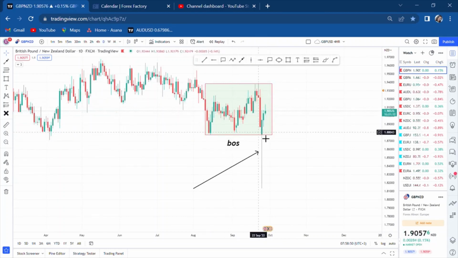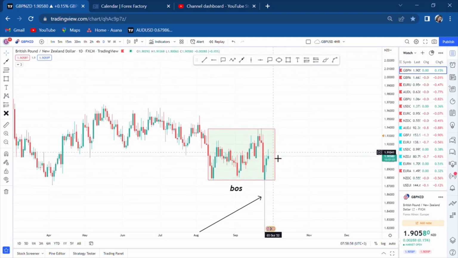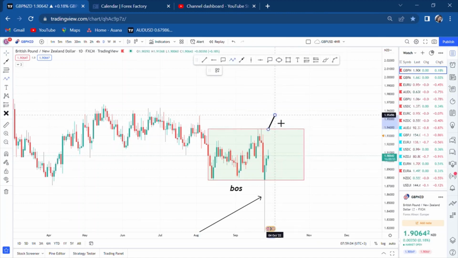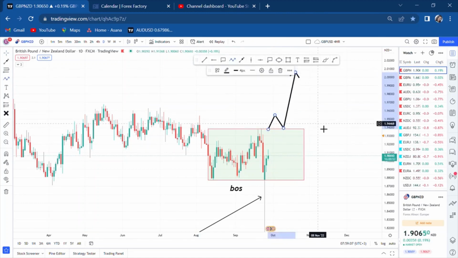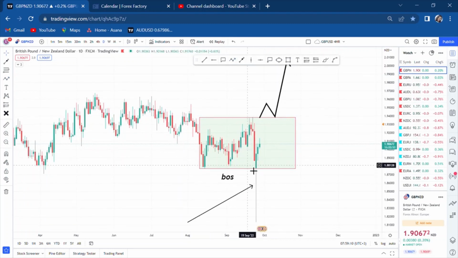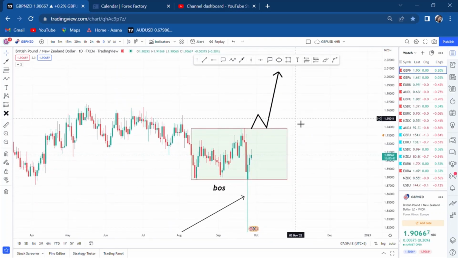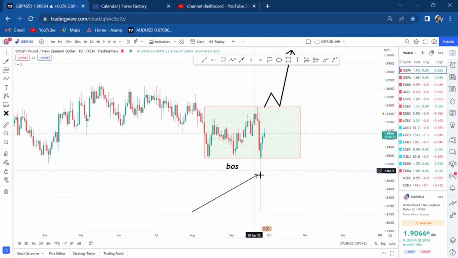So you might wonder, this market might be getting rejected, and finally they will come and do what? They will break the box. So anyone who is analyzing their charts from a daily perspective, that's what they want. They want this market, because it has been rejected, to finally break on the upper side, the resistance, and continue to buy. So remember, the one on 4-hour, they are convinced the market is in a downtrend, it is retracing. When you come to daily, the person looking at GBPNZD on daily, they are sure that there is no break of structure, the market is in a channel, and they are waiting for this market to break either way.